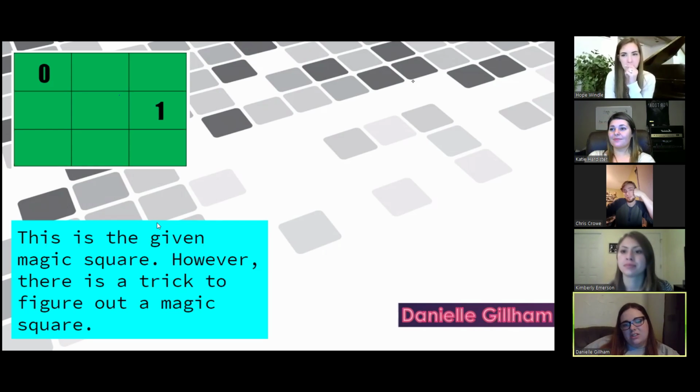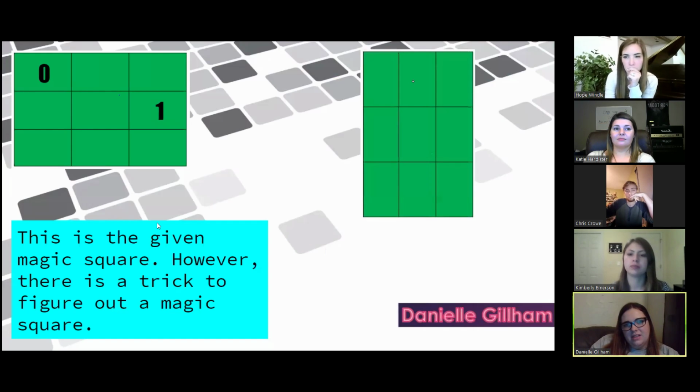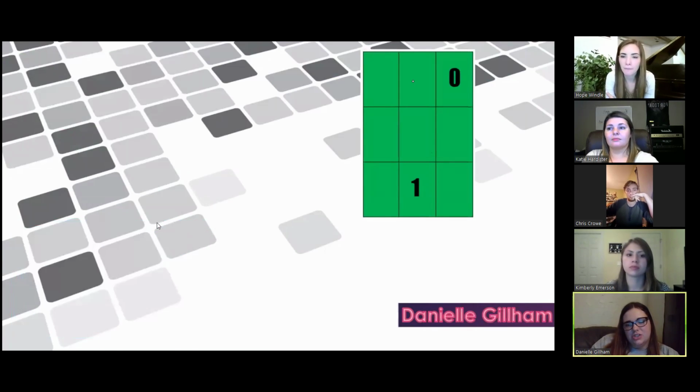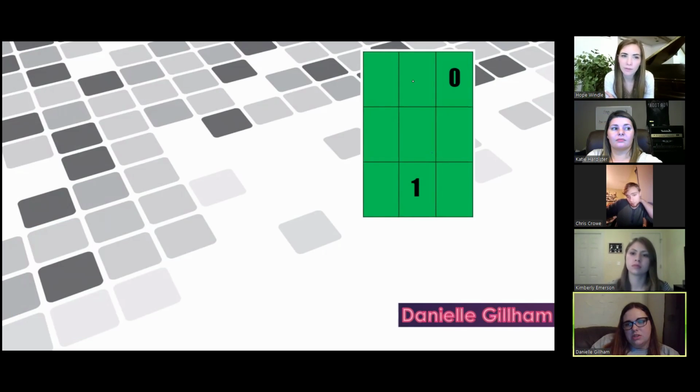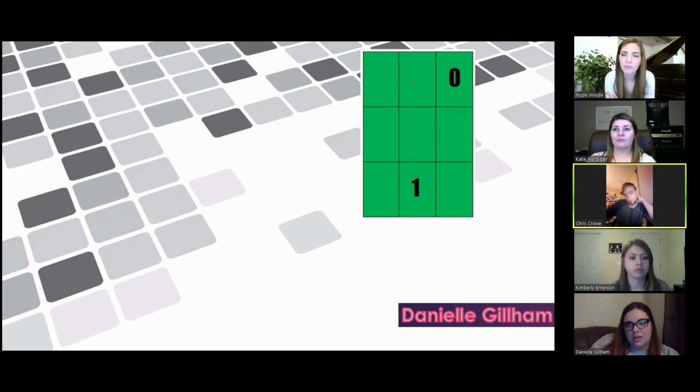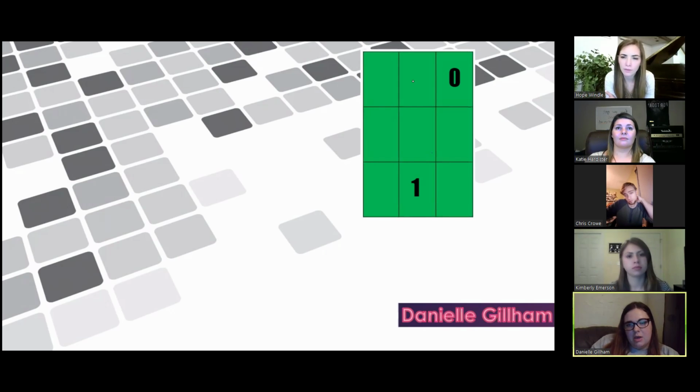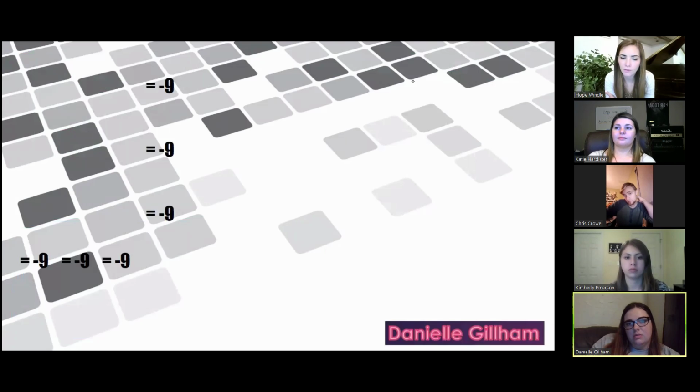And however, there is a little trick to figure out a magic square that I had found. And you kind of just flip it. So when you do this with the structure form, you're going to start with either, if you put all your numbers in chronological order, either your highest number or your smallest number in the bottom middle box. And then you go and you work your way up the list. So you're going to do it from mainly going down 1,